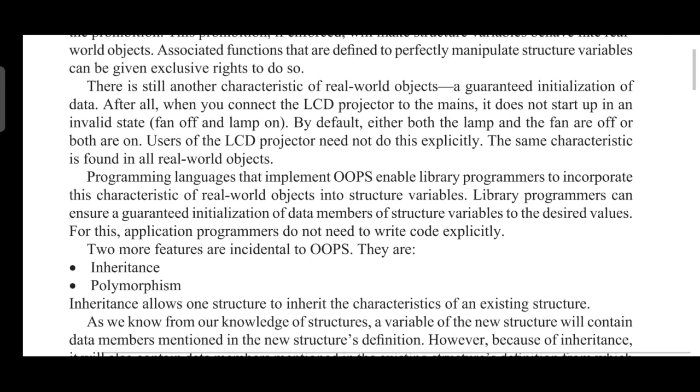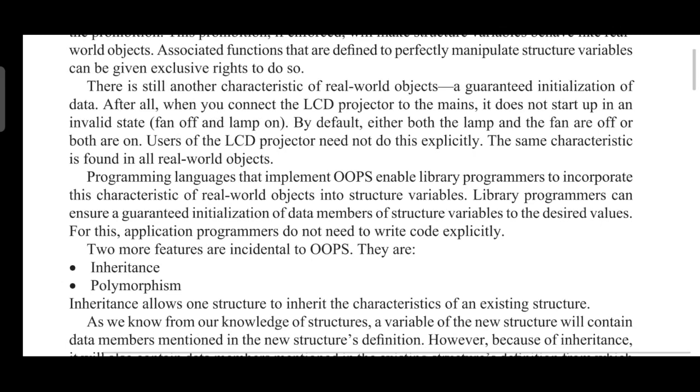So we can declare the data as private. Only the limited members can have accessibility to the private data. You know the general meaning of private. What is public then? Anybody can have access to public data, right? Protected is quite different, it is somewhat similar to public, somewhat similar to private. How it resembles the properties of public as well as private, we'll be discussing with respect to inheritance.